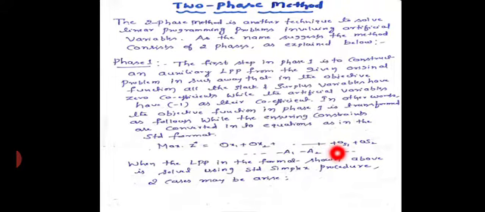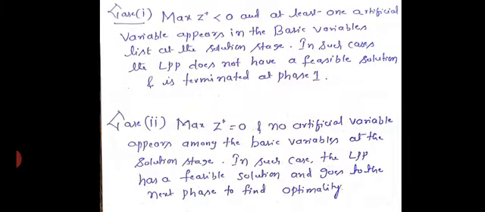When the LPP is solved using the standard simplex procedure, you may get two outcomes. You need to decide whether to go for the phase 2 method, or terminate here itself. Whenever the solution stage is reached, if an artificial variable is present in the basic variable column, then the solution is called an infeasible solution, and there itself we need to terminate. Suppose the artificial variable is not present in the basic variable column, then the solution is called a feasible solution, and we proceed to the next phase, that is phase 2.